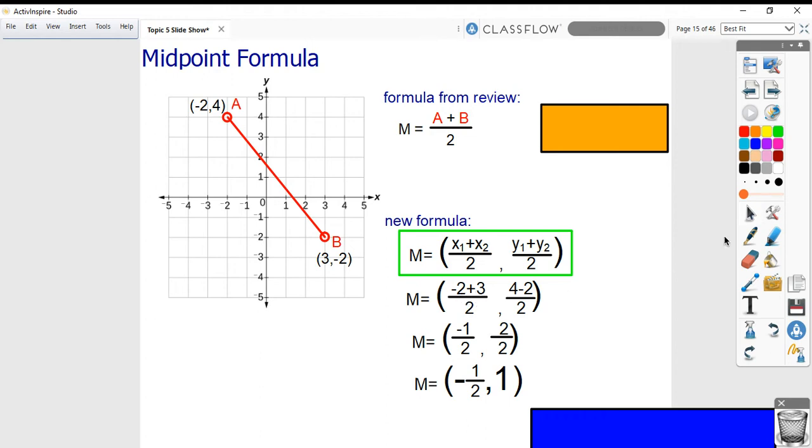-2 plus 3, that's supposed to be positive 1. That is supposed to be positive 1 right there. So we end up with positive 1/2, not negative. Okay, and look here. If we were trying to plot this point, positive 1/2 and 1, well, that's about right there. And when you look at that picture, that looks like it's about the middle of that line